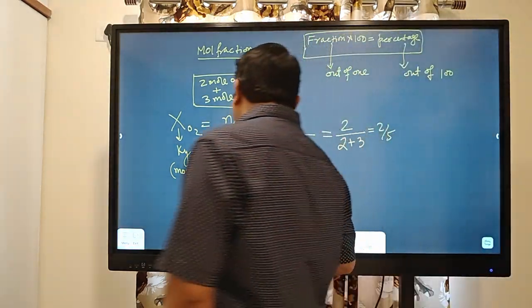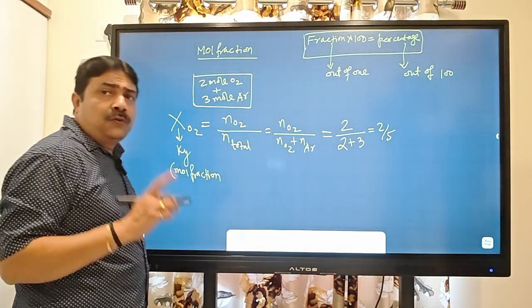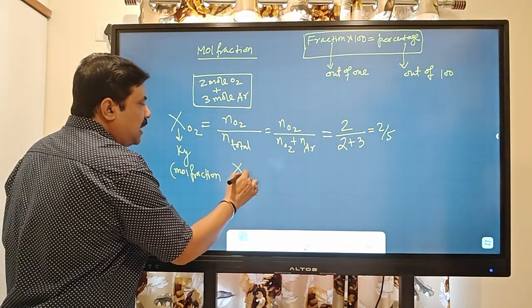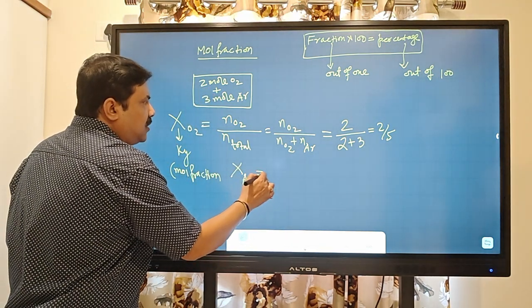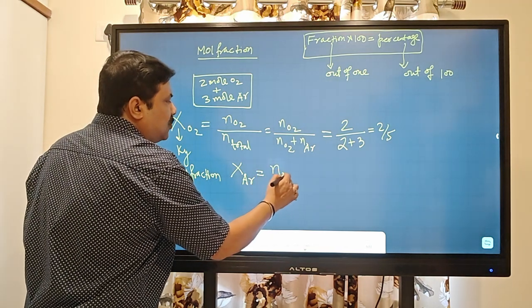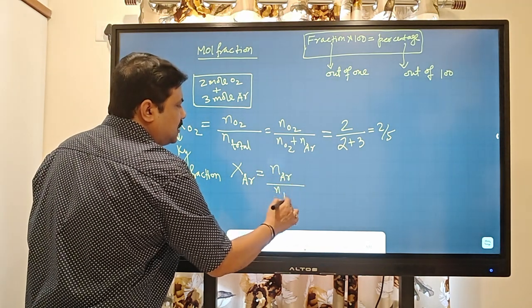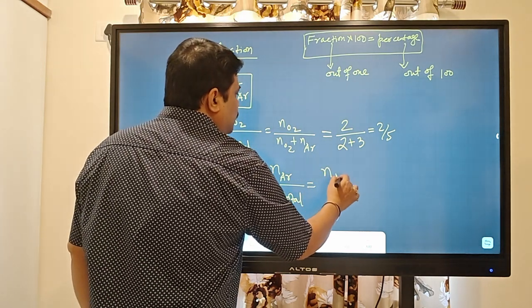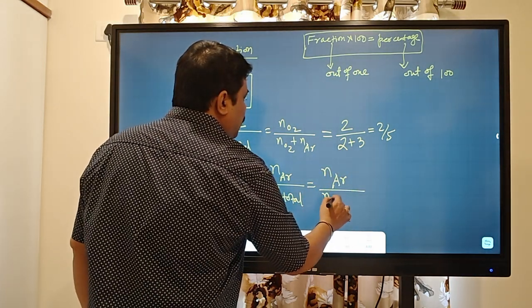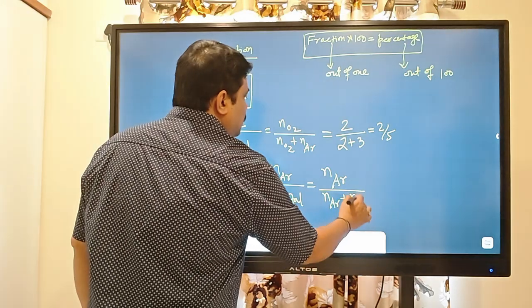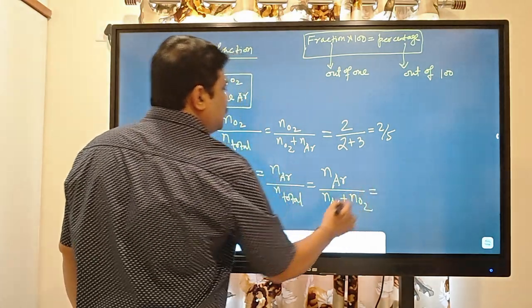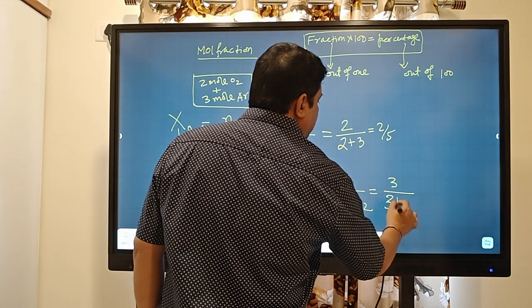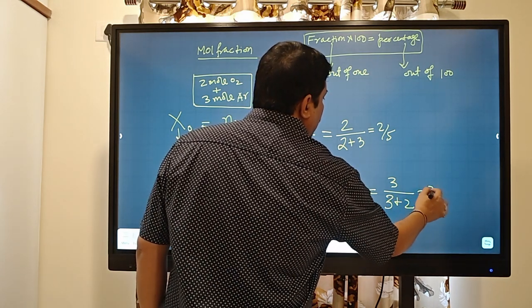The same way, if I want to find the mole fraction of argon in that container, then the mole fraction of argon, chi argon, will be equal to the number of moles of argon with respect to the total number of moles, which is the number of moles of argon divided by number of moles of argon plus number of moles of oxygen. That is 3 divided by 3 plus 2,